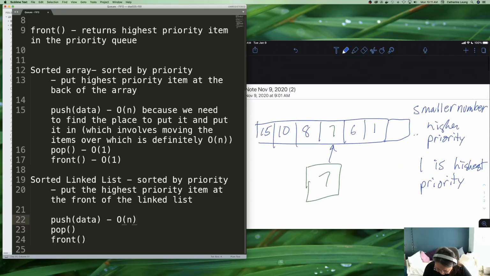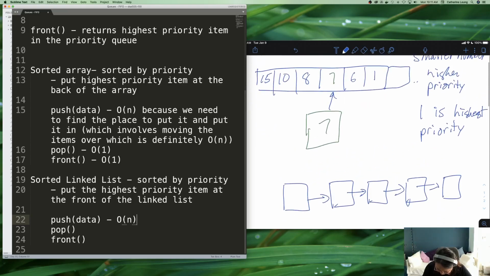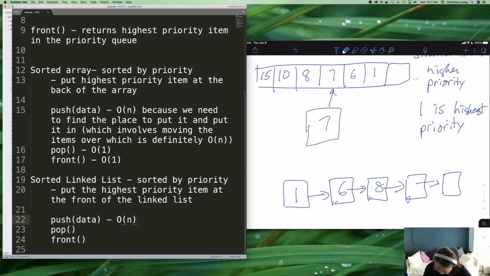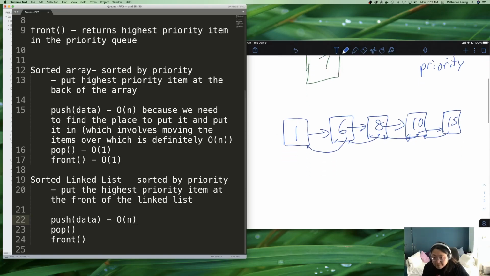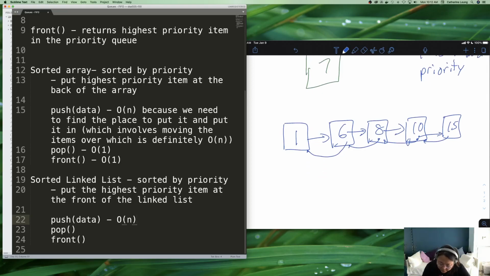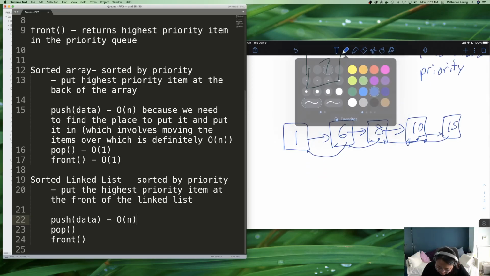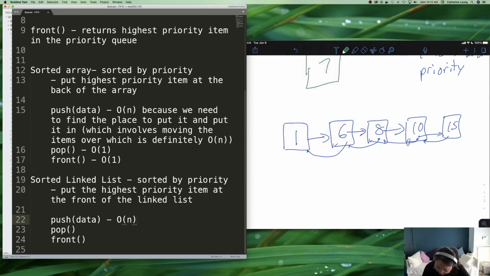How many items do I have? 5. Okay. 1, 6, 8, 10, 15. So basically the same queue, implemented slightly differently, but it's the same queue. We have pointers backwards and forwards. Now if I want to put in the 7, if I knew that this was the place to do